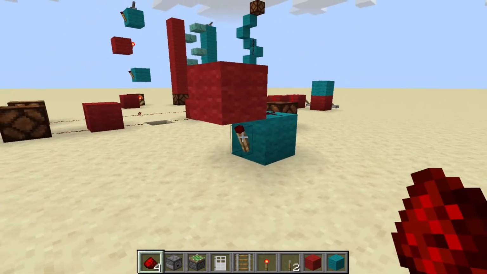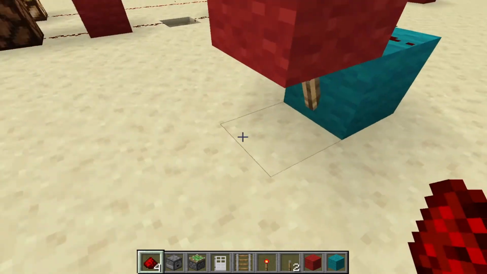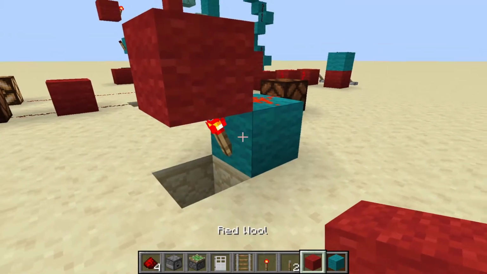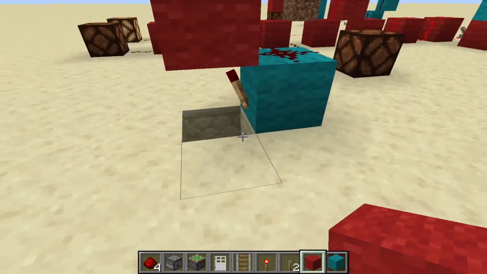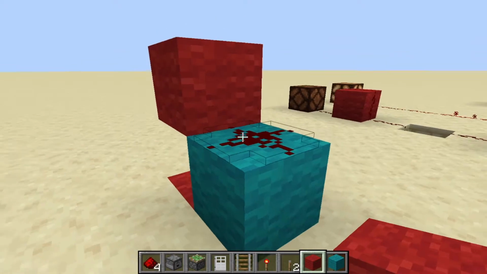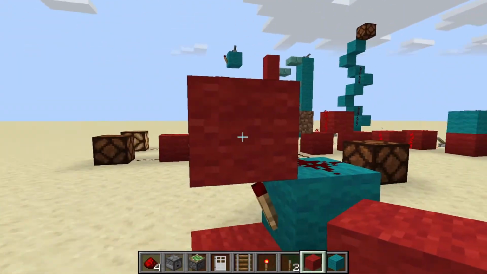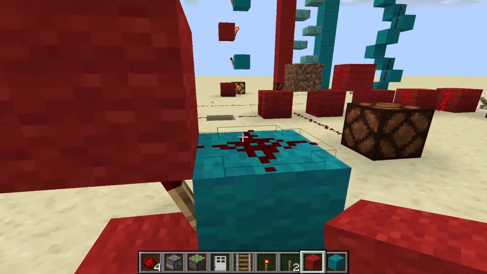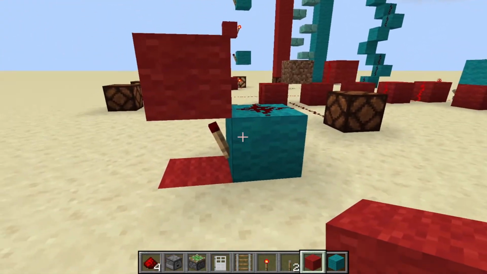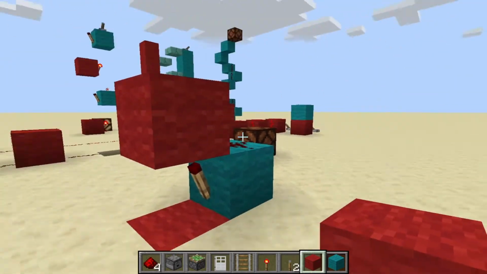The only way to get it to reset itself is to update the block either beside the torch, under the torch, or ahead of the torch. So if you were to just remove a block, it'll update itself and then burn out again. Same thing. If you update it again, it burns out and continues going forward. And that is because the way that the torch interacts with the block above and how that interacts with the redstone dust creates this, I don't know, wouldn't call it a glitch, but this burnout clock,